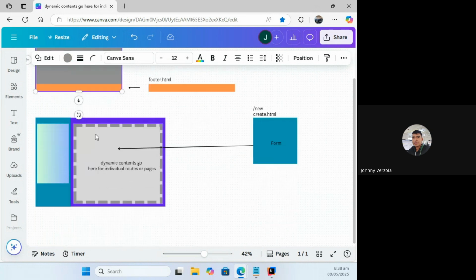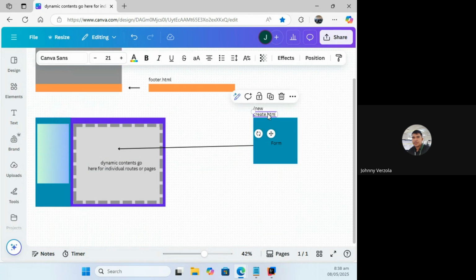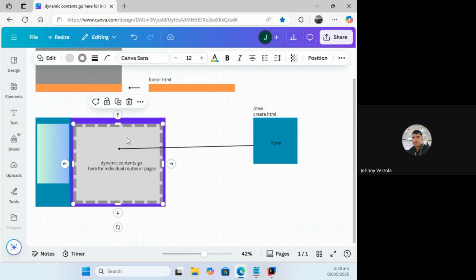Now, in the overall layout approach, I will have a master layout prepared already that will be used by multiple pages. When I go create HTML, I'm just going to build the specific content, which is the form, and reference this, place this form in that placeholder.